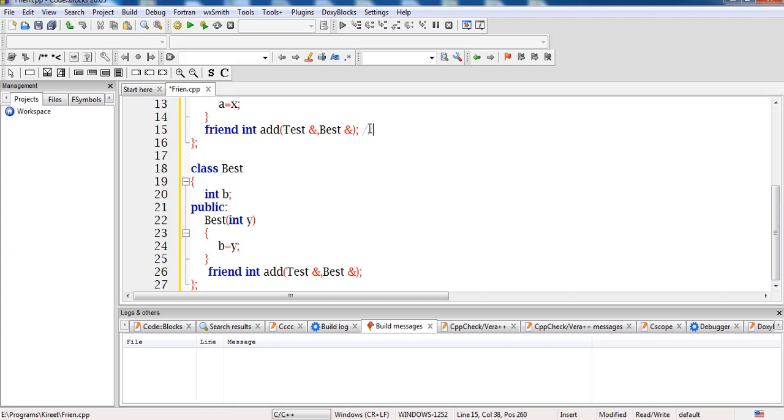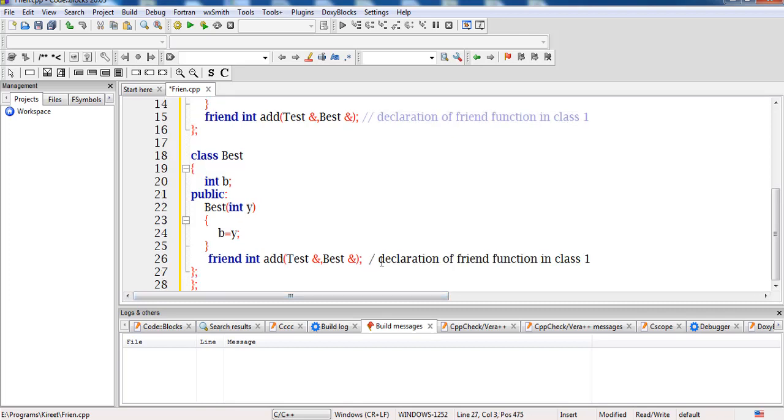So, declaration of friend function in class first, and similarly the declaration of the function in class second. So here also it will be declared.